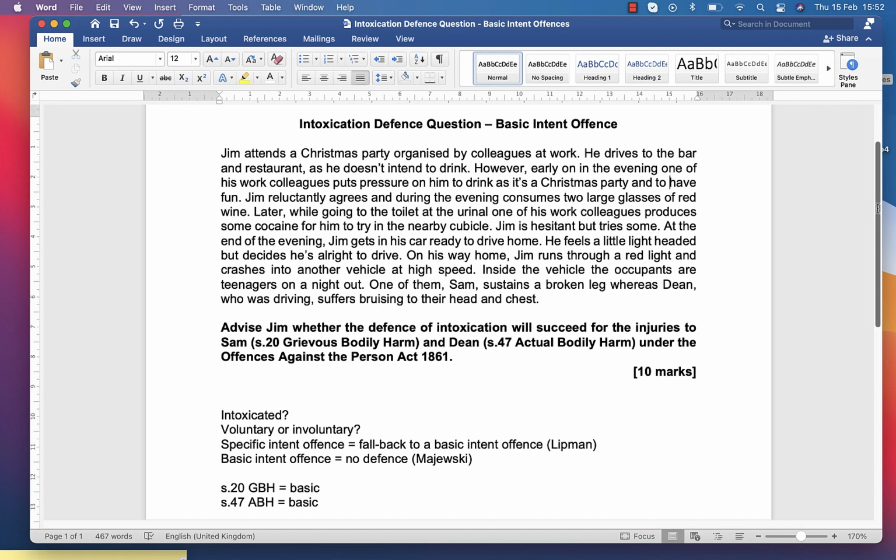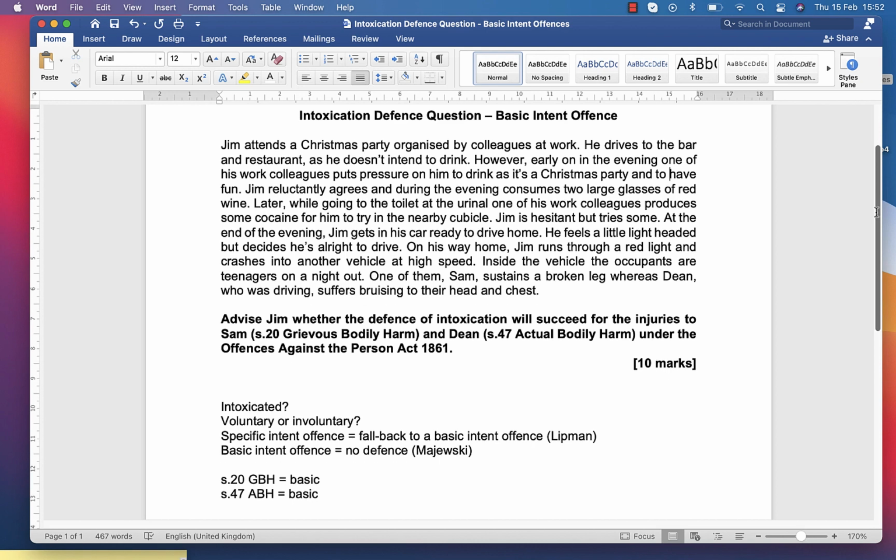So you can look at that flowchart from before, but I think with intoxication, first of all, when you read the problem scenario, have a highlighter pen, and highlight any links to intoxication. There are going to be big clues, obvious ones dropped by the examiner. So it might be things like, spends all the evening drinking at the bar, or drinking at home, or takes particular drugs or whatever. So it's going to be quite clear.